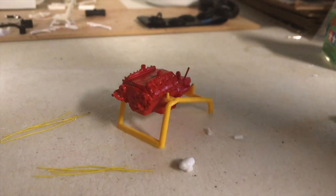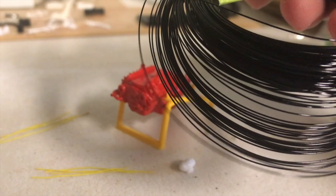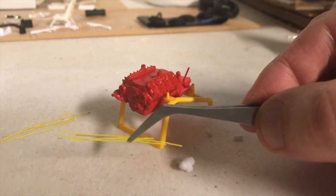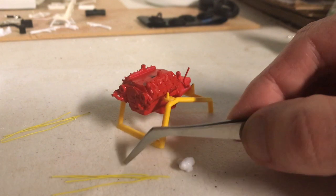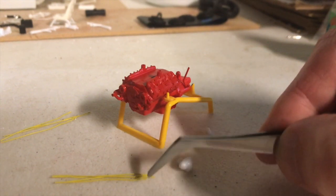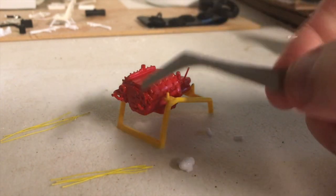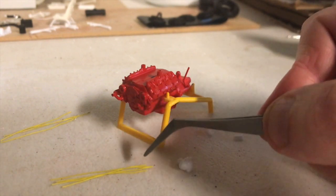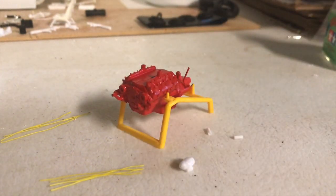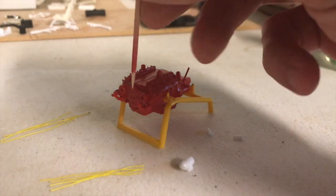So I had this 26 gauge wire here that's black. It's a stiffer wire, and it was just going to be a little too stiff. So you want something a little bit pliable, and I think this is Model Master ignition wire. Worked really good for that. So I went ahead and cut my ignition wire, and you want to leave them a little bit long because it's always better to have them too long than too short. So I cut mine about 1.5 inches, something like that, and I cut 8 of them, 4 here, and I've got 4 over there. But before we get into that, I'm going to drill a hole into my block here,